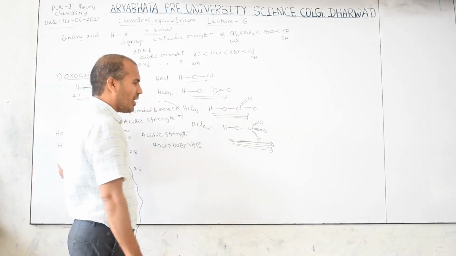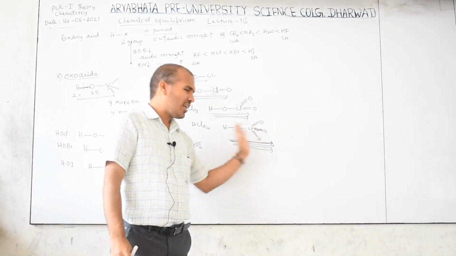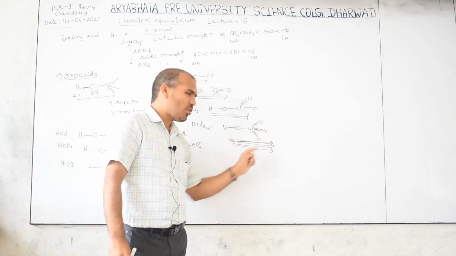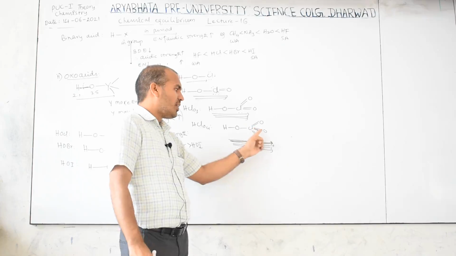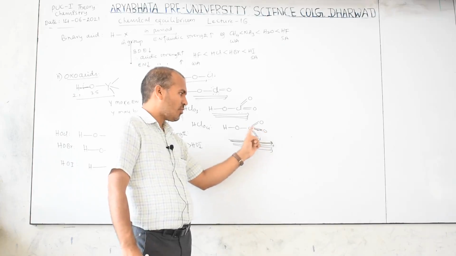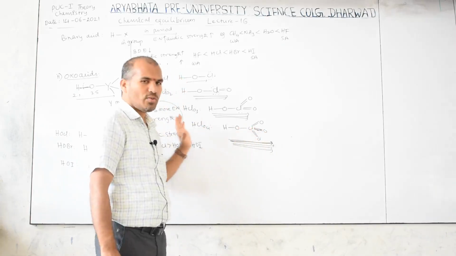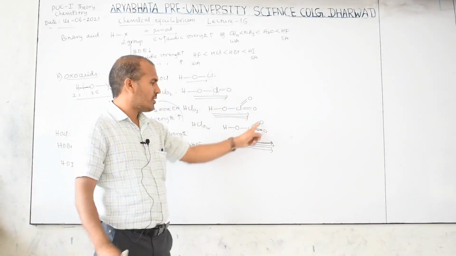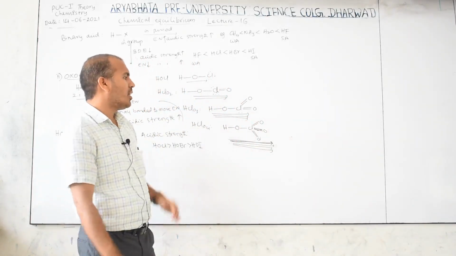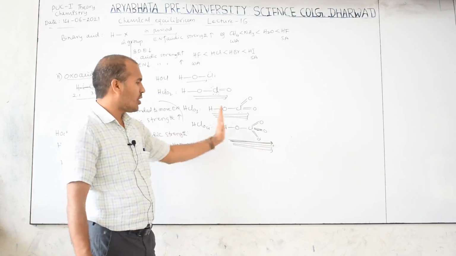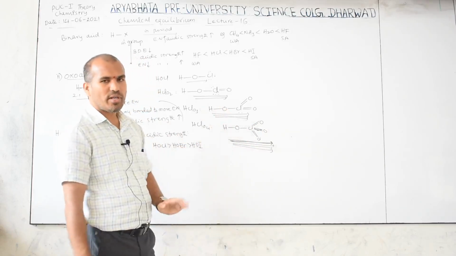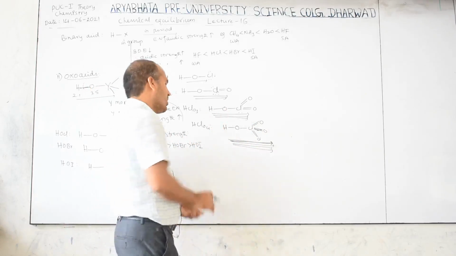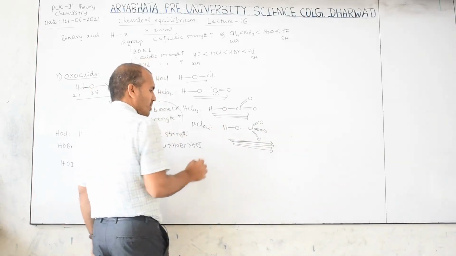These lines are only for understanding, there is no other meaning. I am only indicating that electron density is attracted from left to right, because these are more electronegative atoms. These atoms attract electrons from chlorine, and chlorine attracts from this. So electron movement is towards the oxygen side. Therefore polarity will be increased. When polarity increases, this bond easily breaks down. When the bond easily breaks down, it is more acidic. So keep in mind, this is the concept.